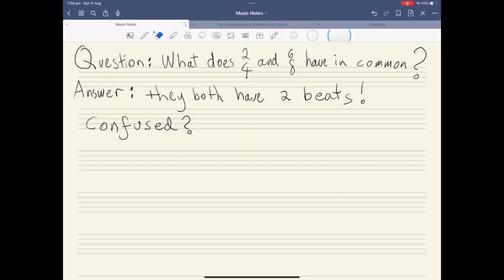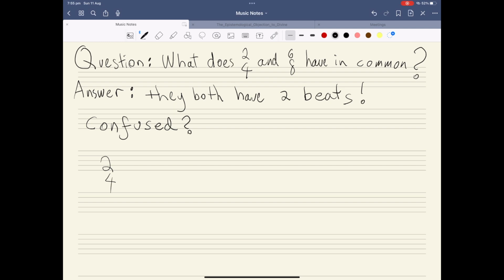Today we are going to answer a question. What does 2/4 and 6/8 have in common? And the answer is they both have 2 beats. So if that doesn't make any sense to you, let's see if we can explain that so that you've got the story. So 2/4,